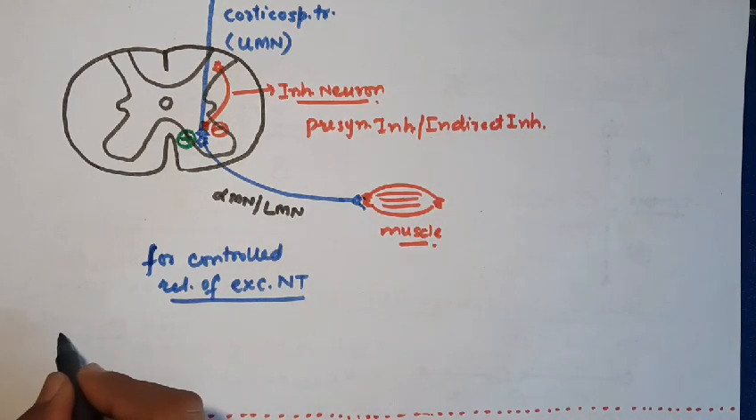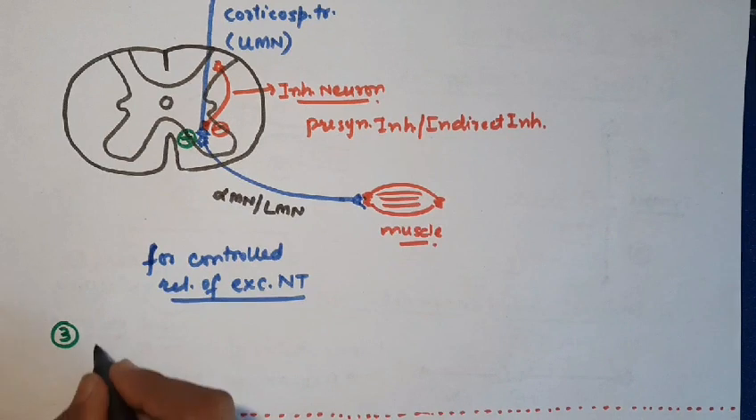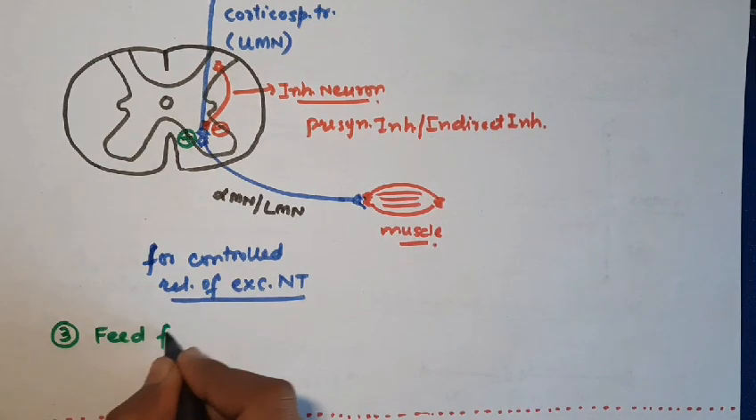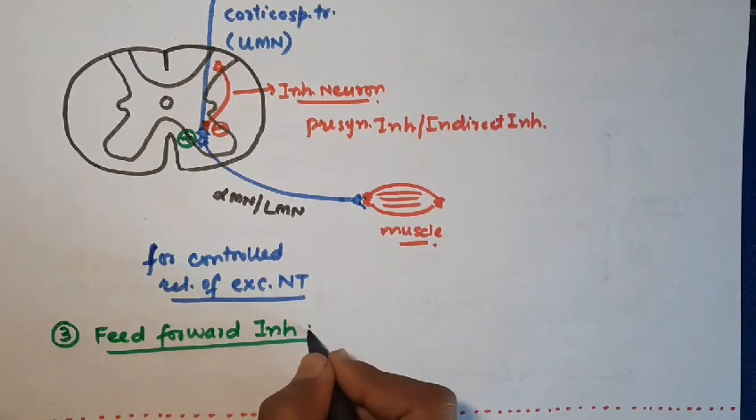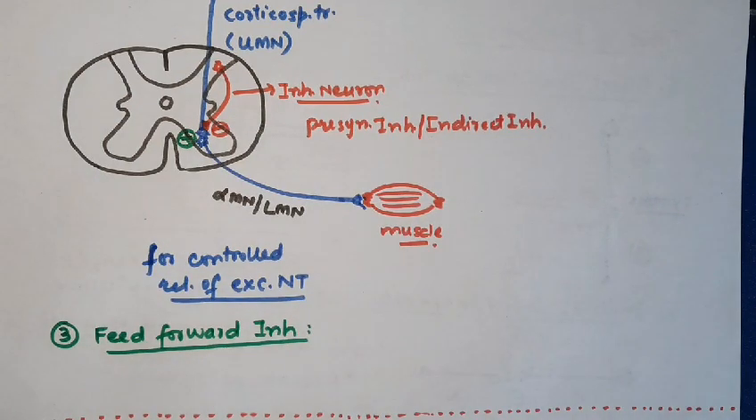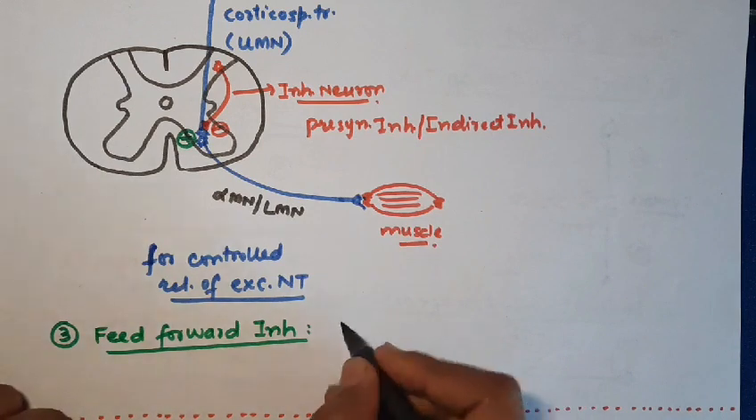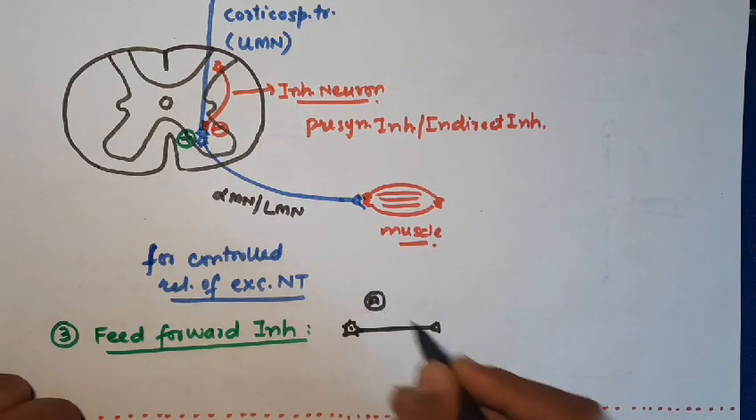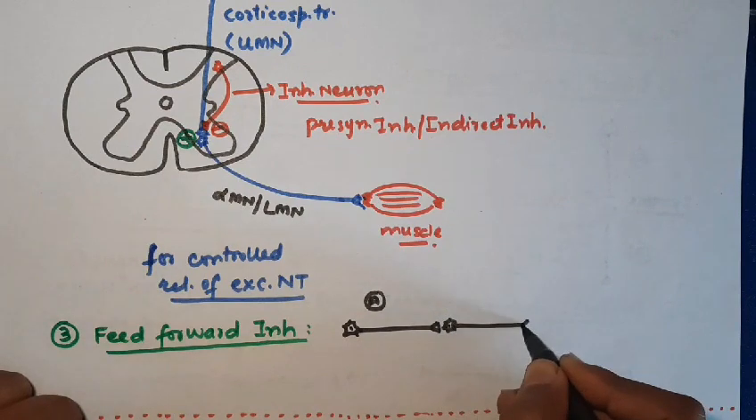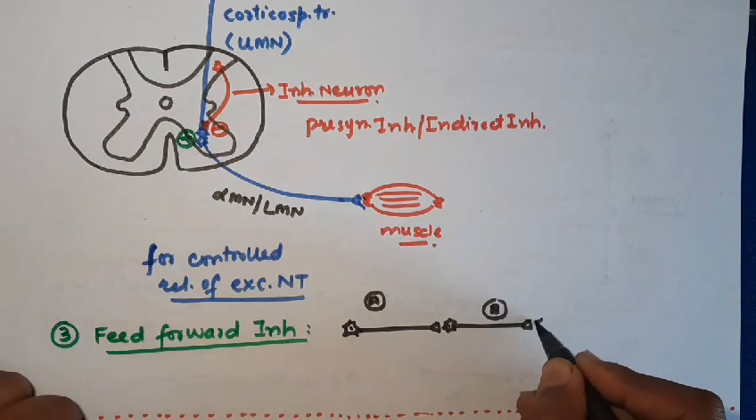Now let us discuss the third type of inhibition. It's called feed forward inhibition. This is a very simple type of inhibition. Let us try to understand it with the help of a diagram. So let us draw some neurons. Let us say this is neuron A, and this neuron synapses with neuron B, and neuron B synapses with neuron